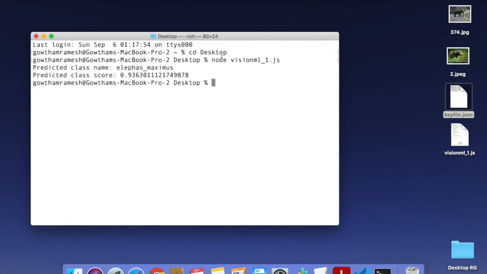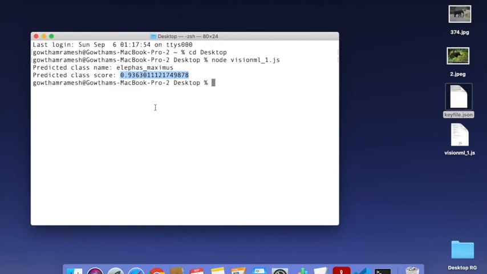Look at this. Now this program predicted the results. The predicted class name is Elephas maximus and the score is 93.63%.